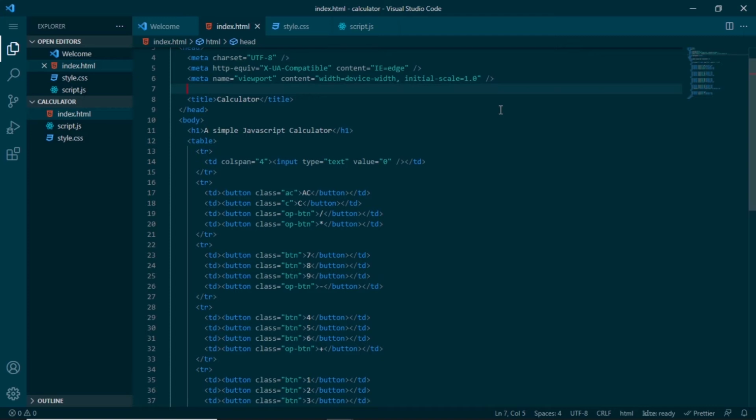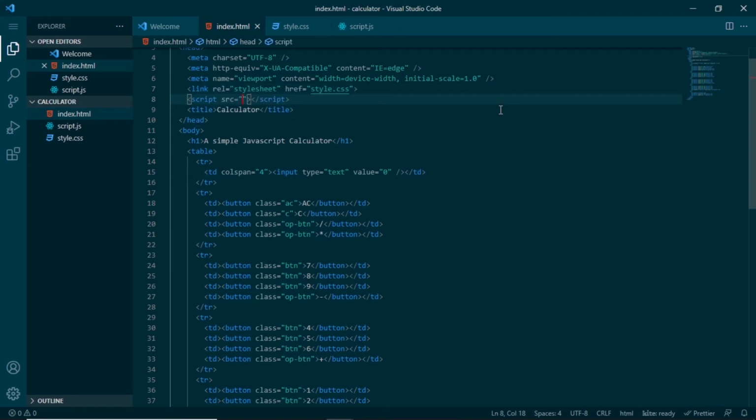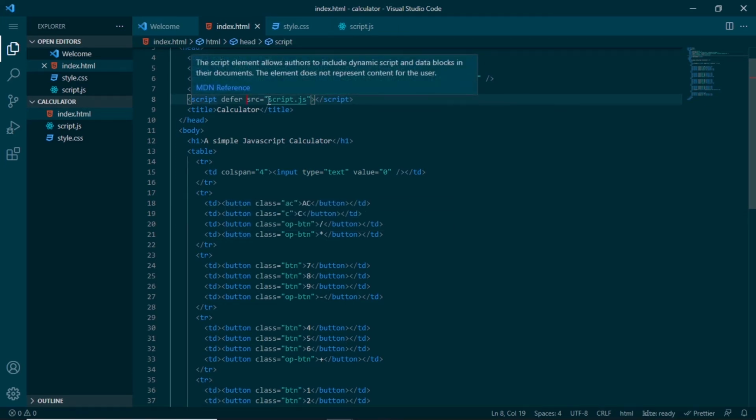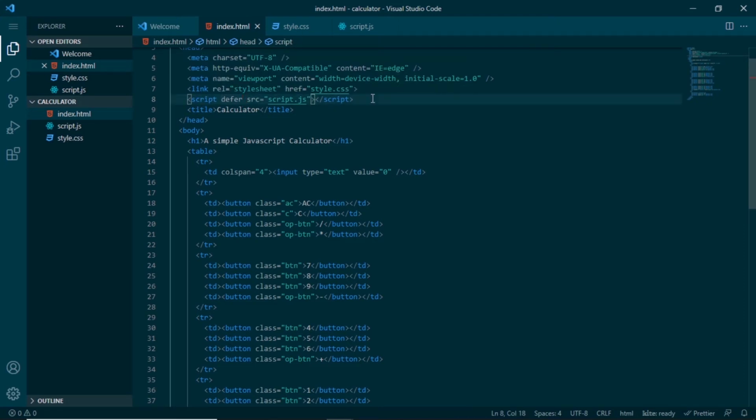Below our meta tags, I will link a sheet for CSS, and we are using style.css, so I will keep it as it is. Then I will link my script file, and here for the source I will say script.js. One thing to note here is we are using the script on the top of the file, so here we need to load it asynchronously. So I will use defer here, which means this script file and all the other files will load simultaneously, not one after another. If you are keeping a script file on the top and you are not able to use your JavaScript, it might be because you are not calling your file asynchronously. So have a look out for this.